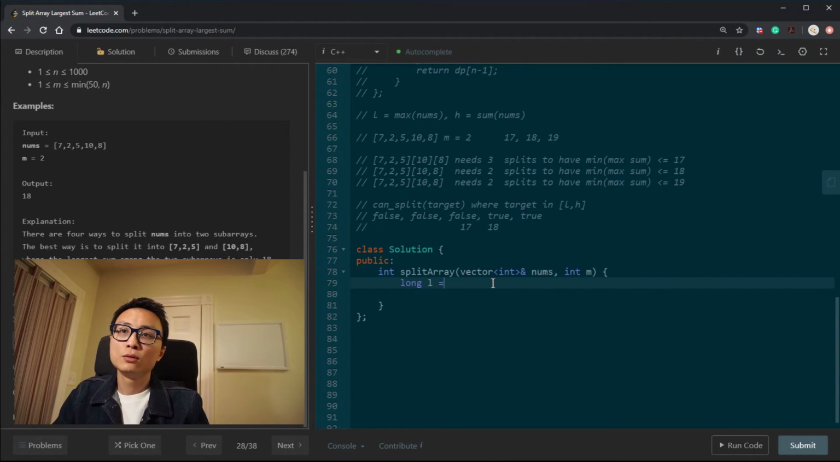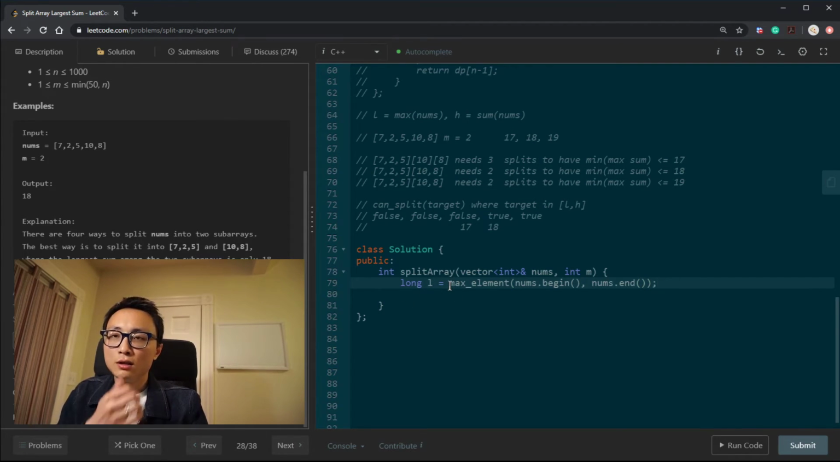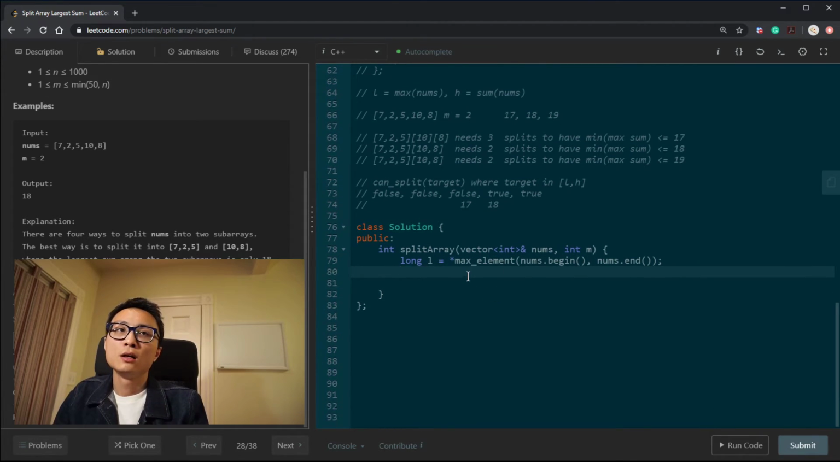So what we're going to do is take the maximum element from nums.begin to the end, and this gives us the lower bound, so we want to grab the value. For the upper bound, it's the sum of all those numbers, so it's just the accumulator. A little tricky part is that we have to cast the initial state to be 0 as a long,